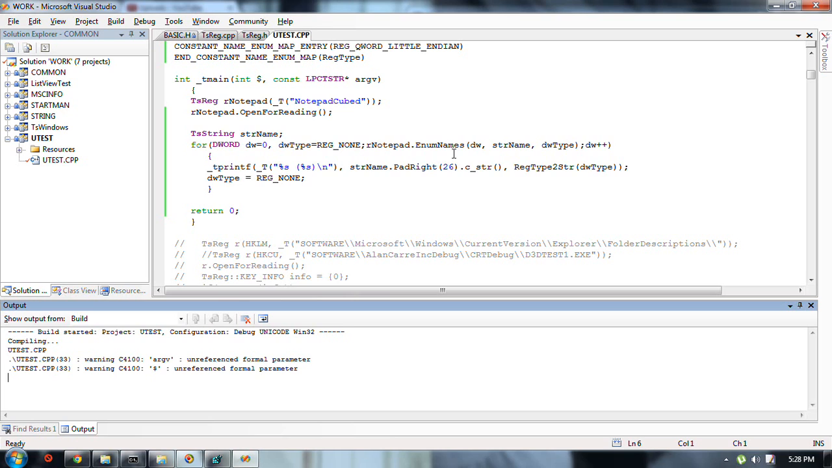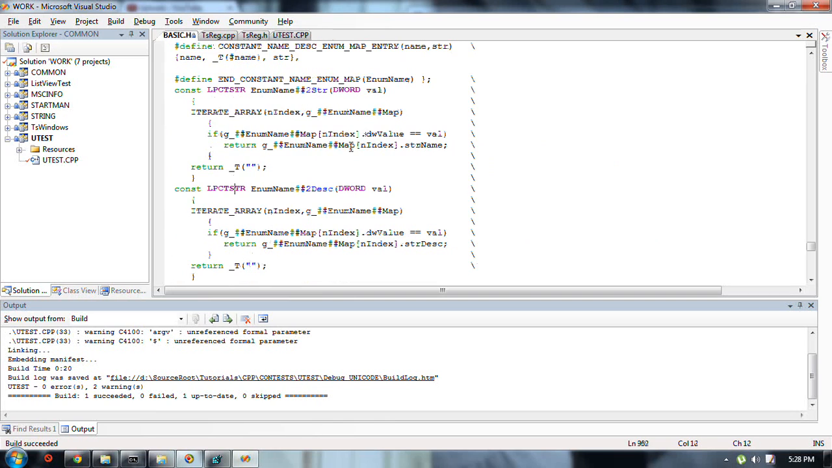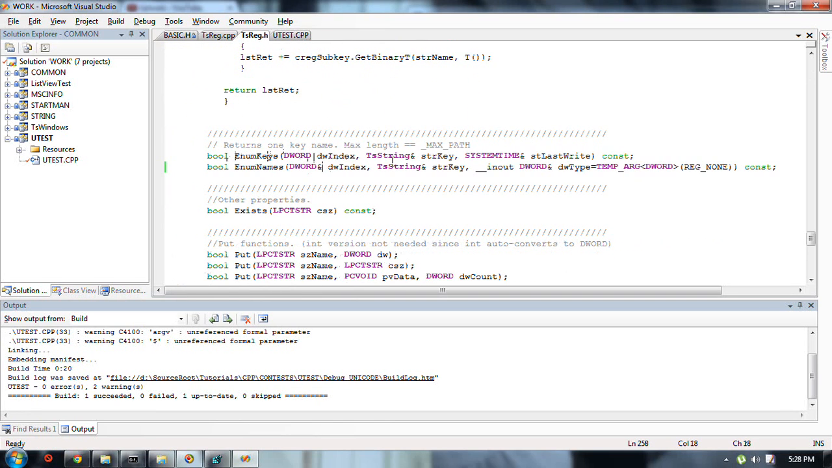Enum names is now a bit more useful because you can enum all of the names, right? And you can find out what their types are. These ones are binary. These ones are D words, so you know how to retrieve them, right? And then the new function is keys. I now have a similar style function. Hopefully I don't have to turn all this into refs. No, there's only one type of key. The interface is exactly the same, and as an added bonus,